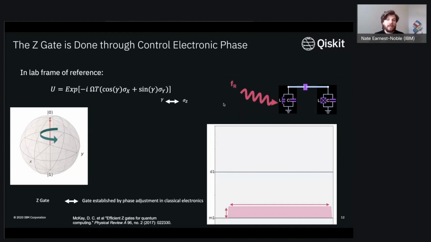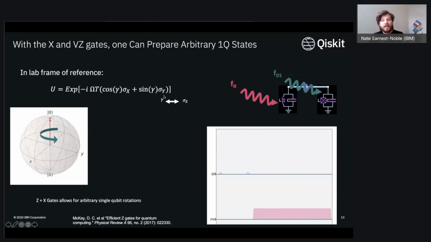It's in this way that we can go from rotating about the x-axis to rotating about the y-axis, as dictated by this unitary here. If we have a phase that's 0, then we'd be rotating about the x-axis. And if we have some phase that's, say, pi over 2, then we'll be rotating about the y-axis. Through the combination of these two pulses, the X gate and this virtual Z gate, or more so the root X gate, we now can have universal gate sets for single qubit gates. We're not fully there, in the sense that we still need to be able to do two qubit gates, which I'll discuss in just a moment.